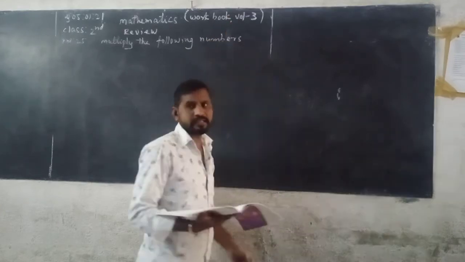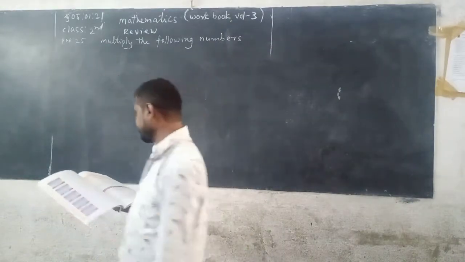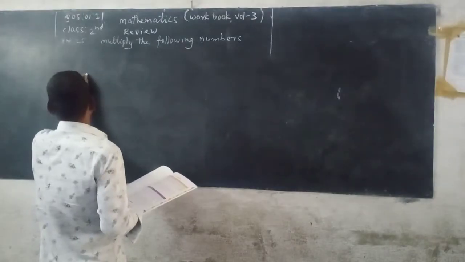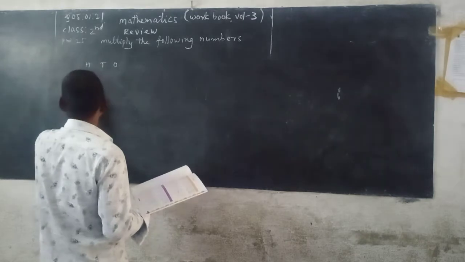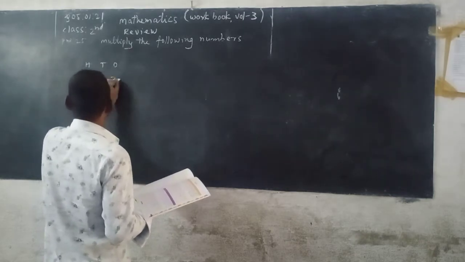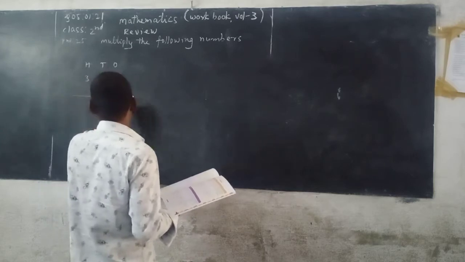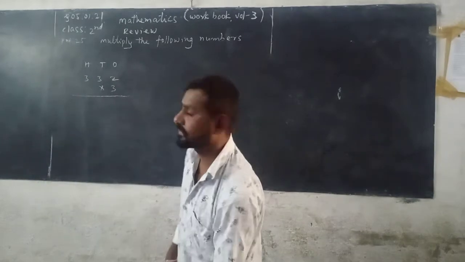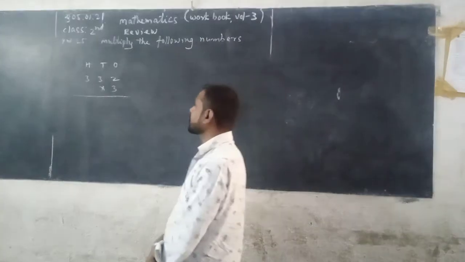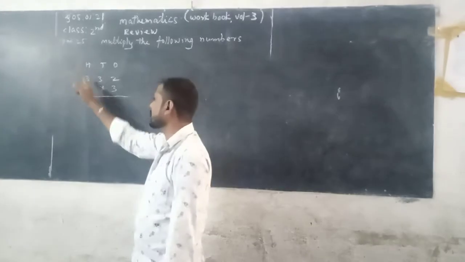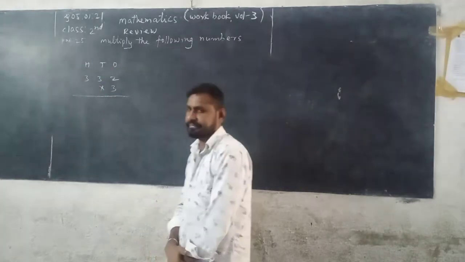Already we have learned this in second standard level. Once again I am repeating, listen carefully. So, let's place: tens place, ones place. 332 is multiplied with 3. Look at the blackboard, everybody. Write the given number column wise according to their places. This is ones column, tens column, hundreds column. 3 is in ones place, 3 is in tens place, 3 is in hundreds place.